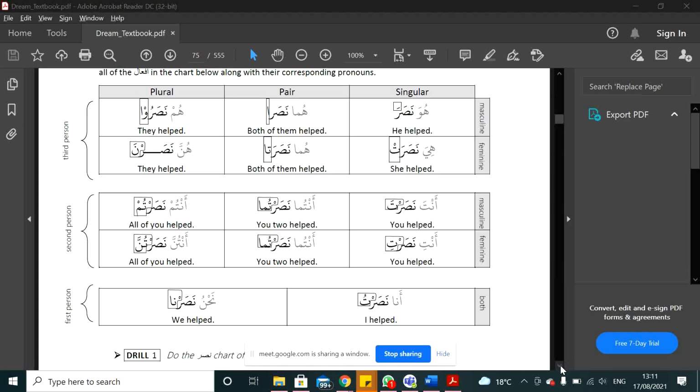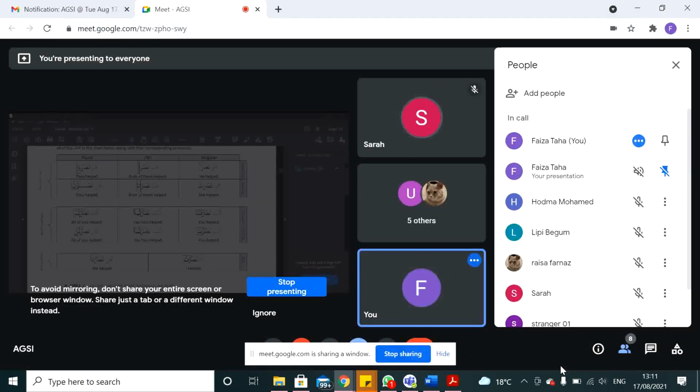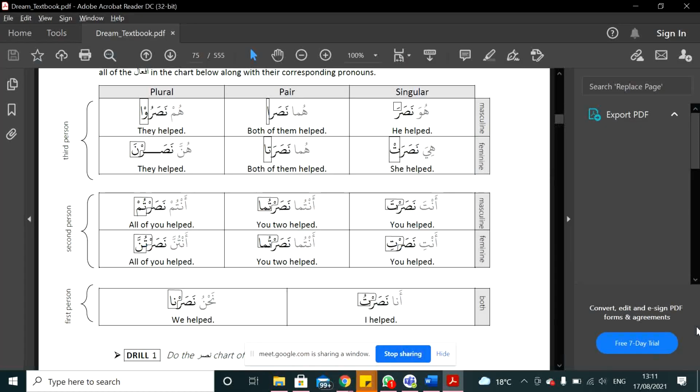So I would like, sister, let me see who I want to put up to. Sister Habiba, can you please read the chart for us with the pronouns written in front of it? And nasara means helped, right? Helped, okay. So should I read the translation? No, you just read the Arabic because we know the pronouns now, mashallah. So we know what the changes are. We are familiar. Huwa means he and huma means both of them. But you should read the Arabic here. Okay.